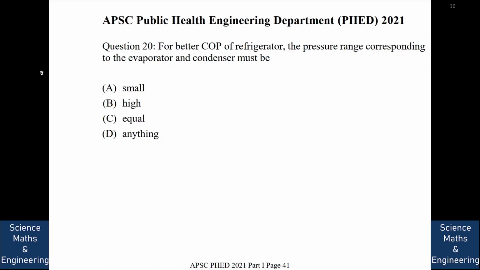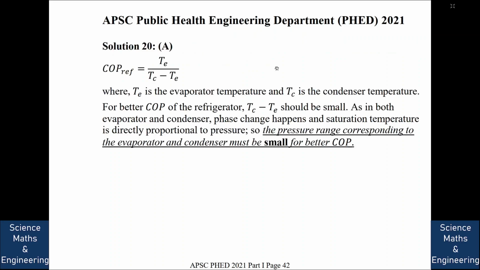For better COP of refrigerator, the pressure range corresponding to the evaporator and the condenser must be... so the answer is, see, COP of refrigerator is the temperature of evaporator divided by the temperature of condenser minus temperature of evaporator. Now from here we see that Tc minus Te should be small, and